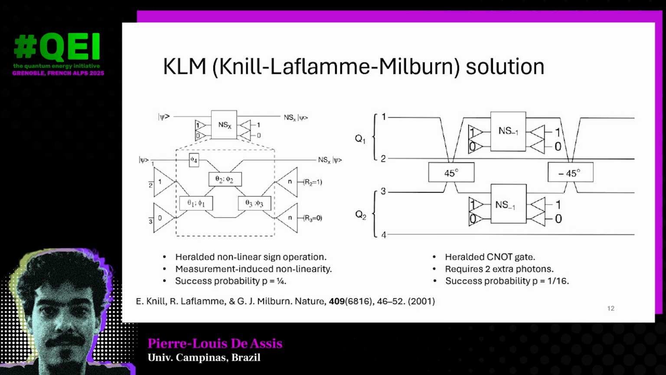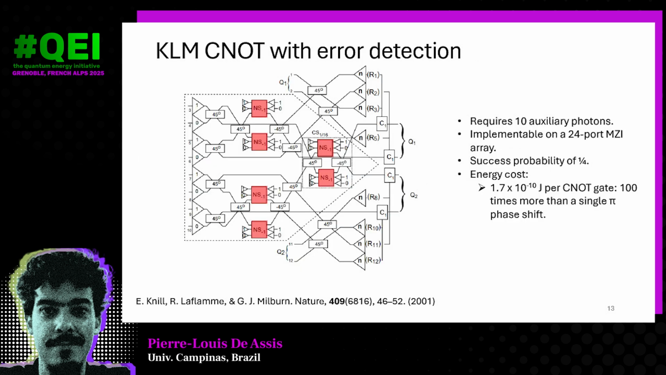Then we investigated a bit the KLM CNOT gate, which is more complicated because it's built out of many blocks. It starts with this nonlinear sign shift, and with this you build a CNOT gate, which has a lower success probability than the Ralph gate. But you can build up on it and get things that have a higher success rate. This big circuit has a success probability of 1/4. But the problem is that you need 10 auxiliary photons, and you need a 24-port Mach-Zehnder array to implement it in a programmable photonic circuit, because we want to be able to compare